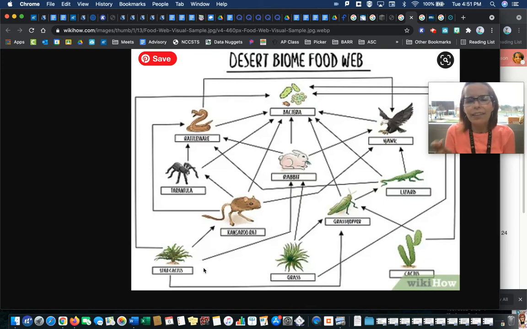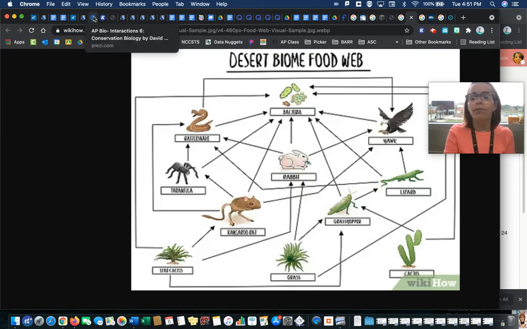We can't calculate. If we lose polar bears, you guys, everybody talks about losing polar bears in the Arctic. What's going to be the impact? Who knows? It's too complicated for us to know. We need to not lose polar bears. We need to not lose these organisms because they are all interconnected. All right, so that's one example.